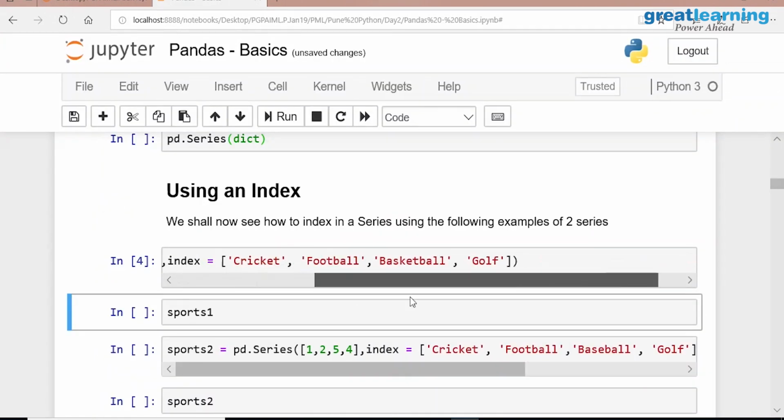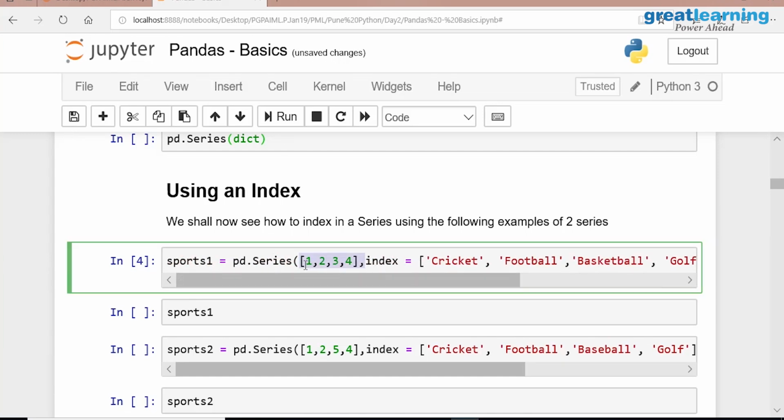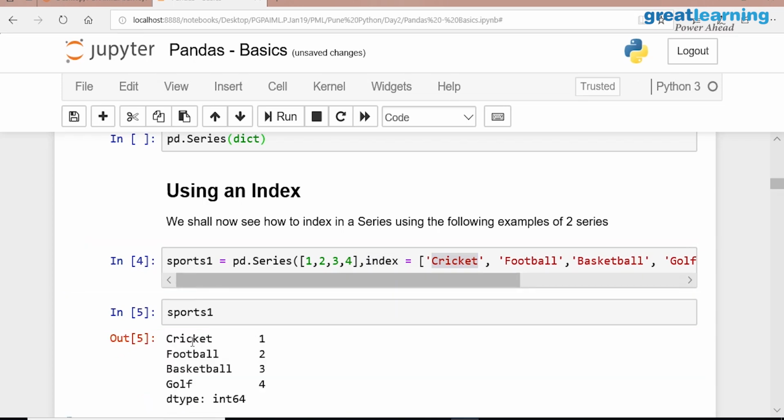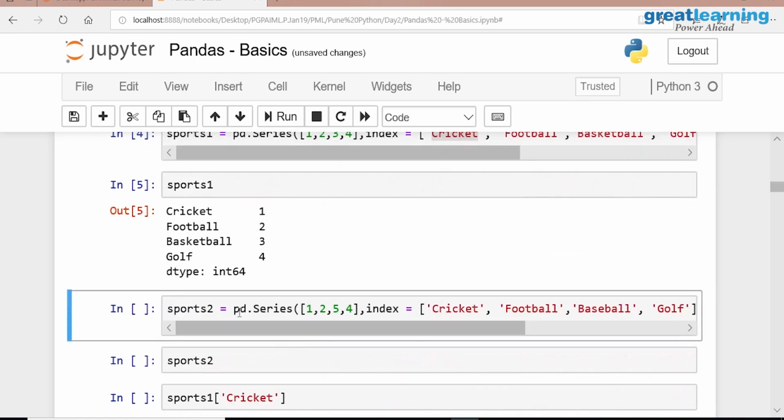So what did I do now? I created a series of values 1, 2, 3, 4. What is the index I have given to it? Cricket, football, something I have given to it. So what is this sports 1 will have now? This is nothing but a row name, correct? Everyone following? Okay. And I create one more series,